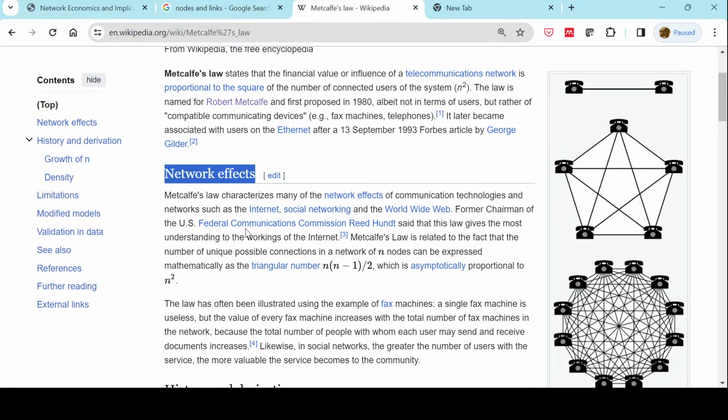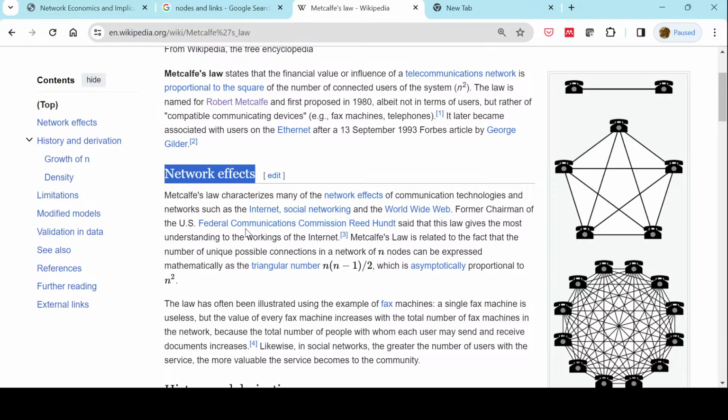Former chairman of the U.S. Federal Communications Commission said that this law gives the most understanding of the workings of the internet. Metcalfe's law is related to the fact that the number of unique possible connections in a network of n nodes can be expressed